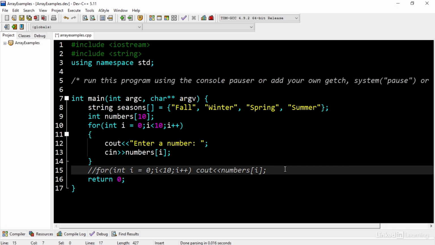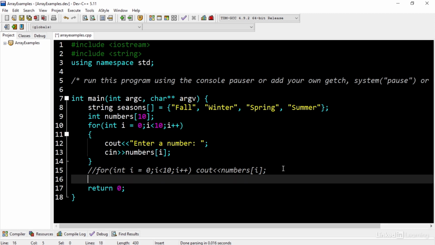So let's do one more thing. Let's find the minimum value entered by the user. What I need to do is that for loop is actually going to ask the user for the values. Now I'm going to create a variable to hold the smallest one, and I'm going to set it equal to the very first element in my numbers array. I don't know if that's going to remain the smallest one, but for right now, if I'm just looking at that number, it has to be the smallest one.